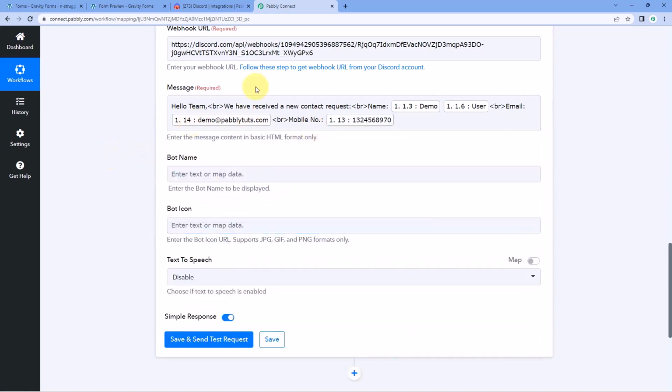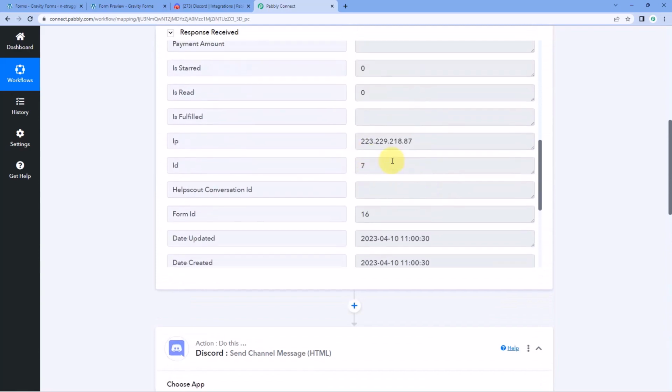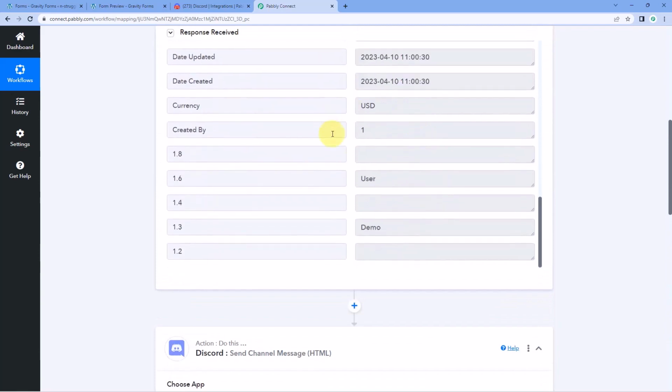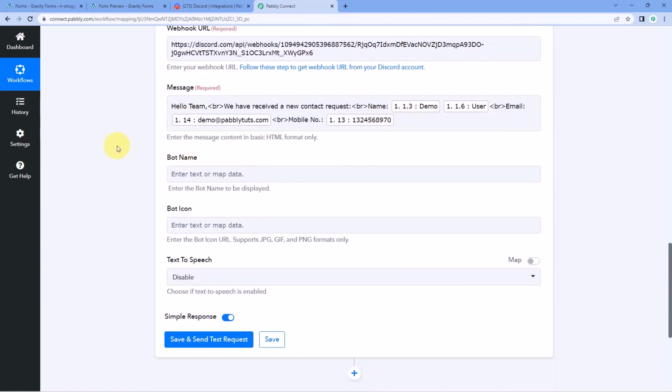In this way, if you want, you can create any message of your choice. You can enter any message, any text, and then from the responses which we have received from Gravity Forms, you can map any response, all of the responses if you want, over here in this message field. After creating the message which we want to send on our Discord channel on every form submission,